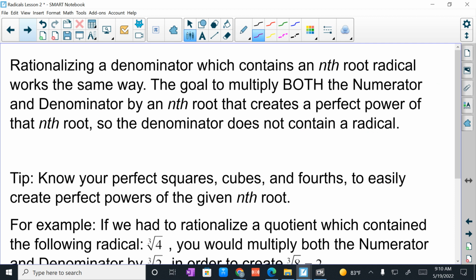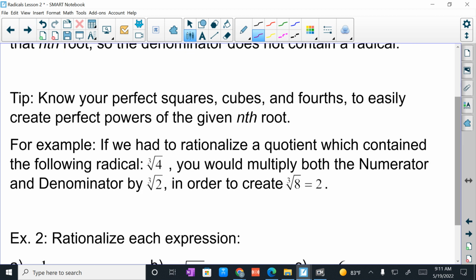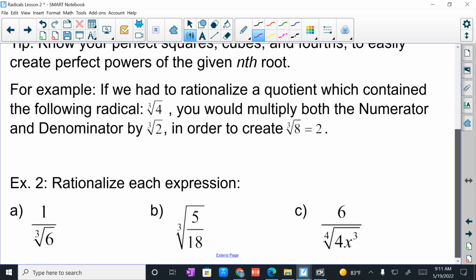All right, guys. So now, rationalizing the denominator, which contains an nth root radical, works the same way. The goal is to multiply both the numerator and denominator by the nth root that creates a perfect power of the nth root, so the denominator does not contain a radical. Tip: if you know your perfect squares, your perfect cubes, fourths, it's easy to create powers of the given nth root. For example, if we had to rationalize the quotient which contained the cube root of 4, you would multiply the numerator by the cube root of 2 in order to get the cube root of 8,